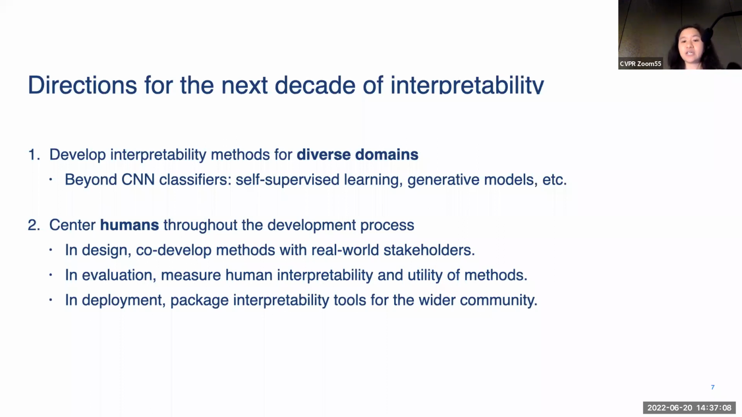We need to move beyond CNN classifiers and develop interpretability for the wide range of research that is happening and represented at this conference. And the second is to center humans throughout the development process. Specifically, when developing methods for engendering trust, we need to have real-world stakeholders at the table and understand their interpretability needs. Currently, most existing works aren't suitable to be used in real-world settings. Also, in evaluation, we need to be critically measuring the human interpretability and usefulness of our methods. Finally, in deployment, we need to package our tools so that they can be easily used by the wider research